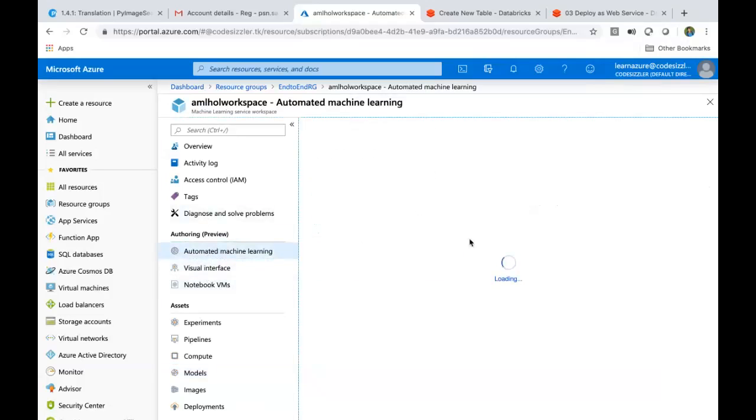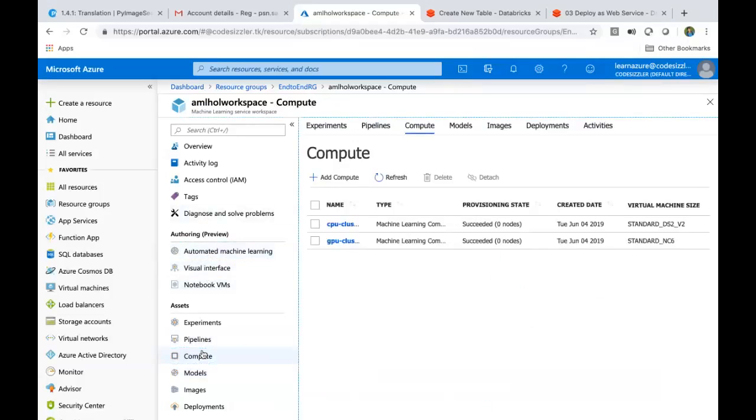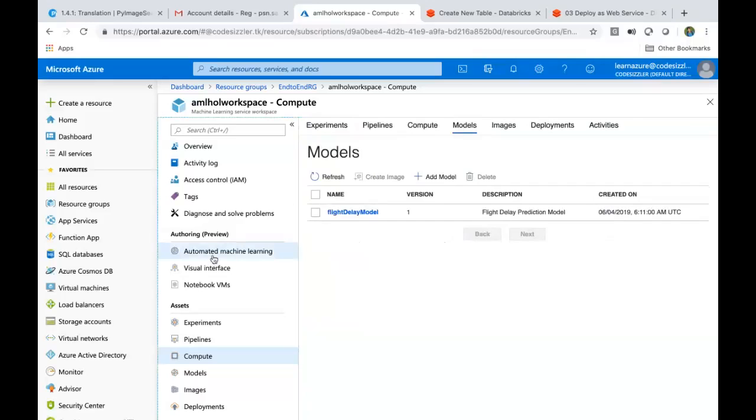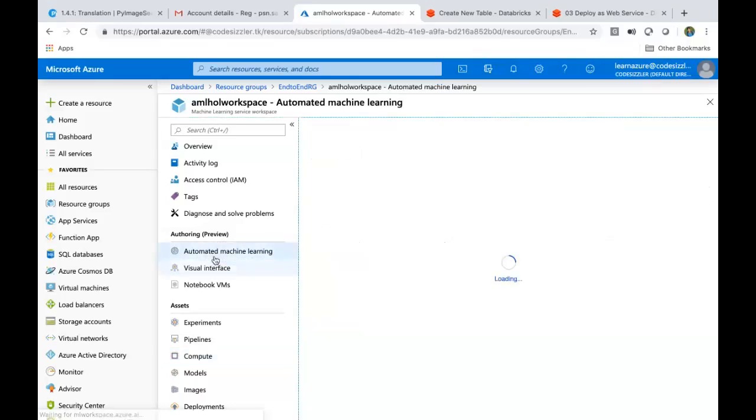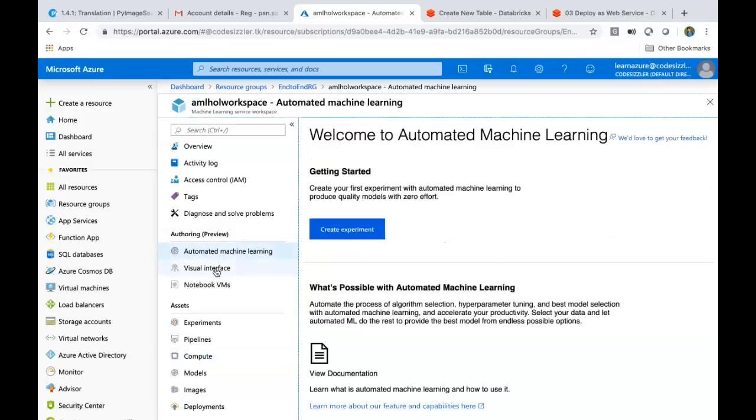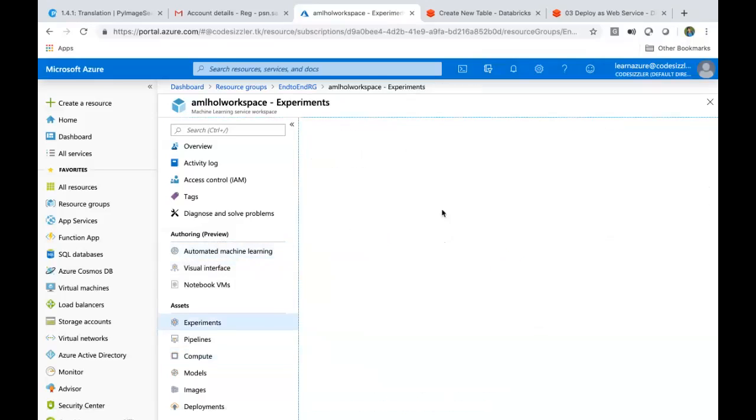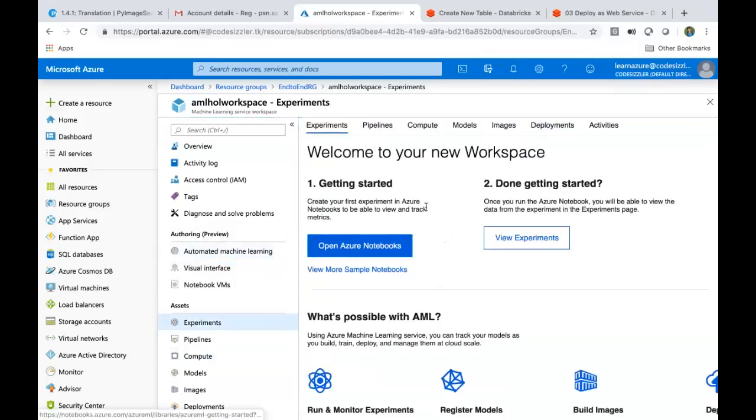But what we are leveraging is the command prompt, because we want to automate this process. We don't want to come here, do the manual interfacing and then expose it. We want to make sure that everything sits in one workspace, one umbrella. Even if you create a model inside automated machine learning or the visual interface, nothing but the studio, it shows you the experimentations here. This is one experiment, and this is the output for it. It'll show you here.